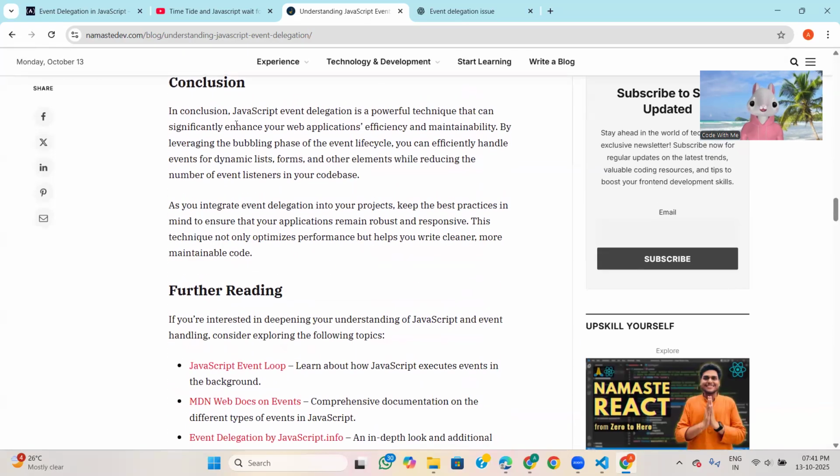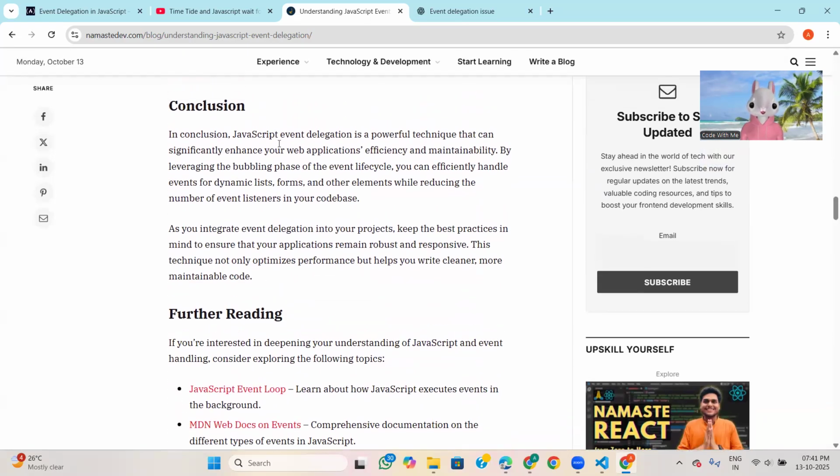So in conclusion, JavaScript event delegation is a powerful technique that can significantly enhance your web application effectively and maintainably by leveraging the bubble phase of our event lifecycle. You can efficiently handle events for dynamic lists, forms and other elements.